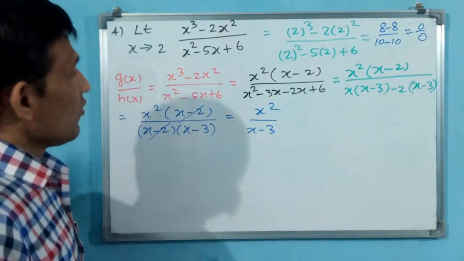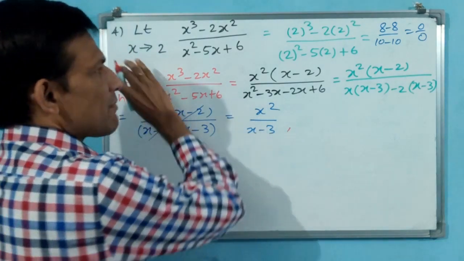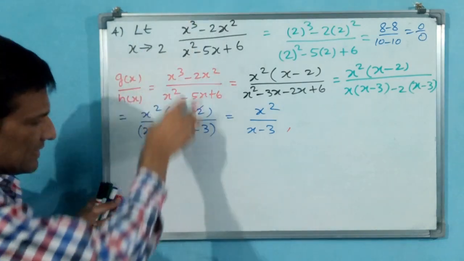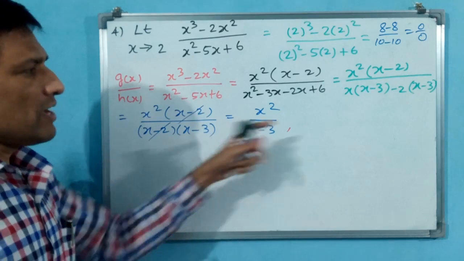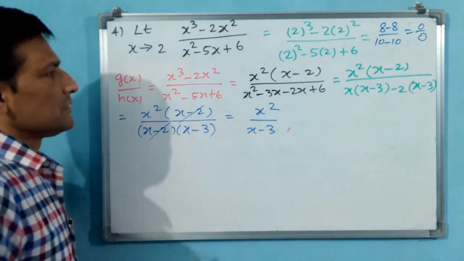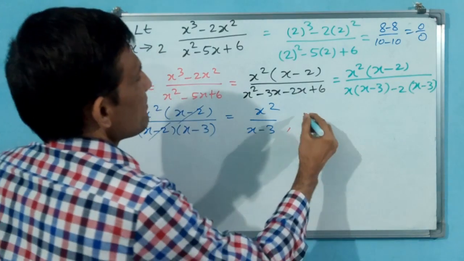Okay. Now put a comma and apply the limit. You put a comma. See, I am writing like this, but you don't write it like this in your book. You have to write it properly. Why? Because I don't have space. Why should I waste board space? That is why I am writing like this. Okay. Now apply the limit.